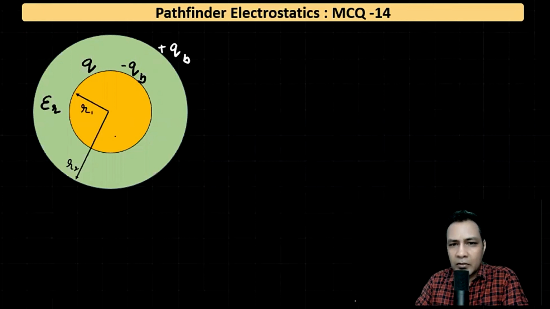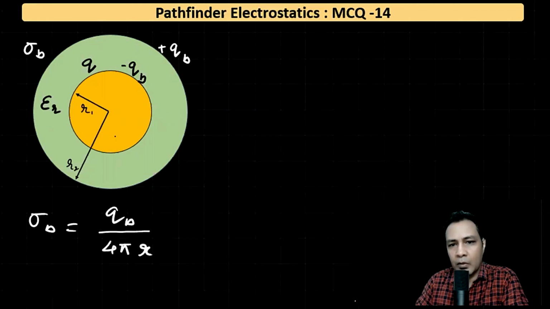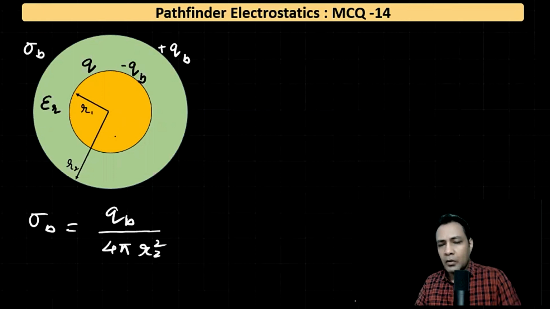So we have to tell the surface charge density at the outer surface because of the polarization. If the surface charge density here is sigma B, then obviously sigma B will be QB divided by the area of the outer surface, that is 4 pi R2 square. So my main job is to find QB. If I get QB, I will get sigma B. So for that thing,